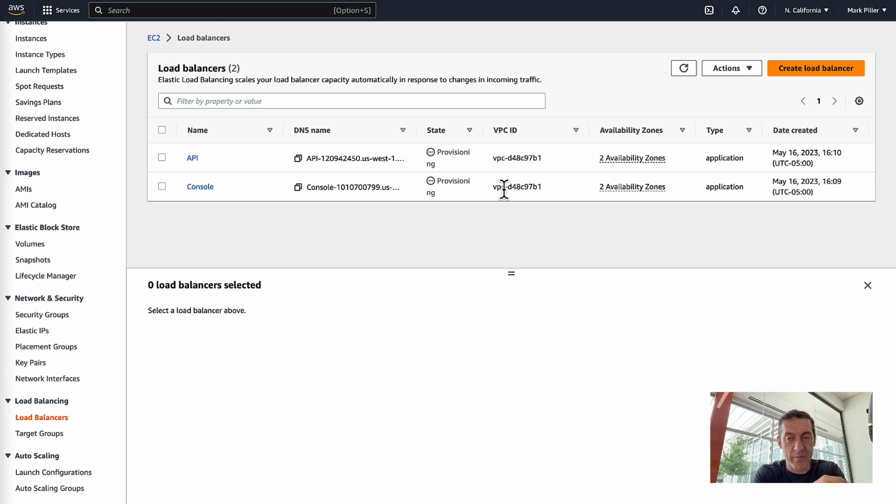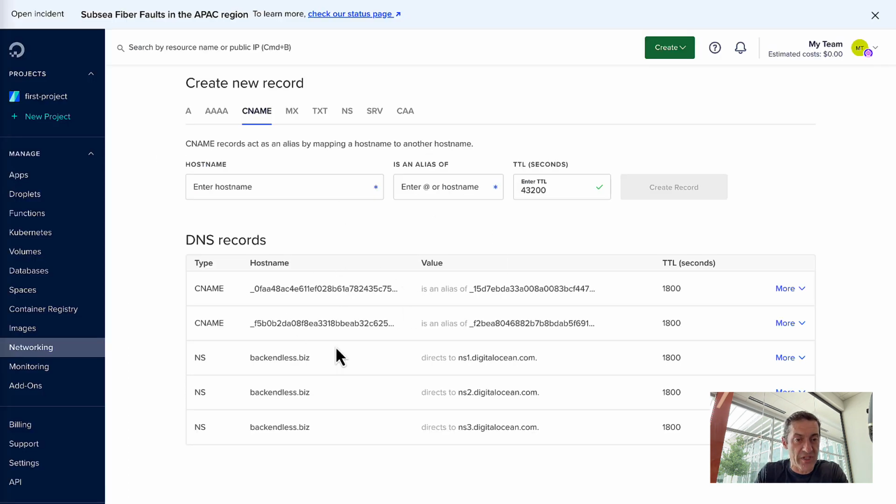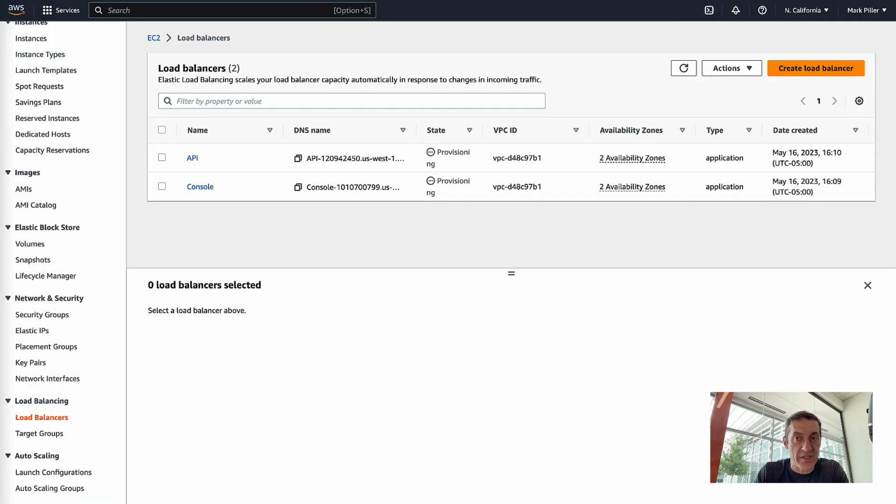between our host name and the URL, the actual domain name allocated to the load balancer. What we did previously in DNS was a step to validate that indeed we own that domain, and the step for entering CNAME name and CNAME value, as I did right here in DigitalOcean. This was basically the validation step. But there's going to be one more step for each of these load balancers to configure the actual domain name mapping. So whenever someone enters console.backendless.biz, in my case, I want that request to be routed to my console load